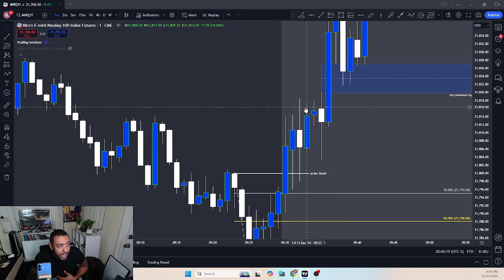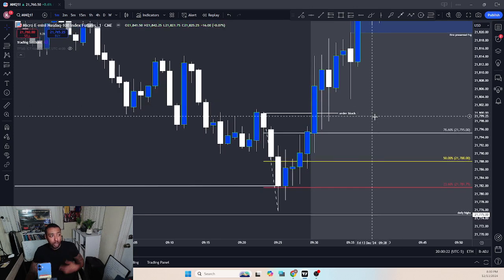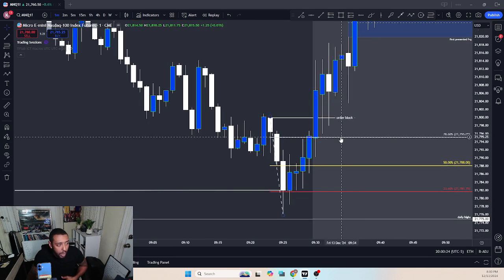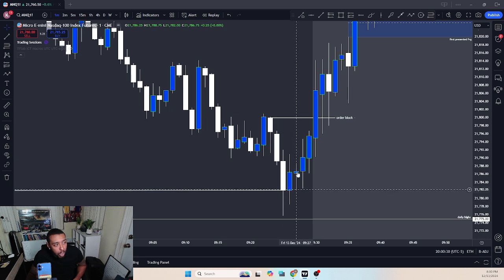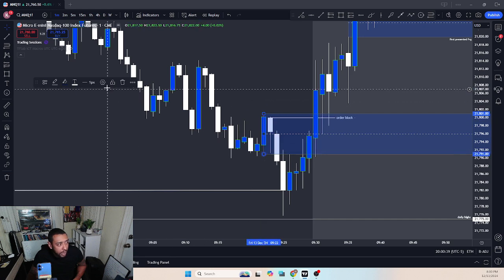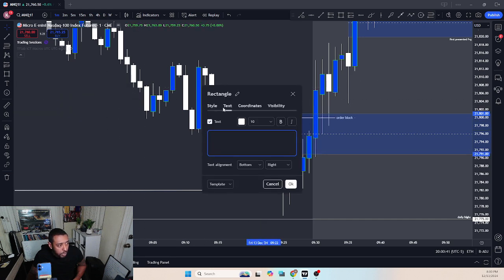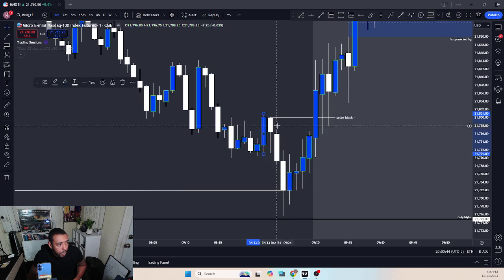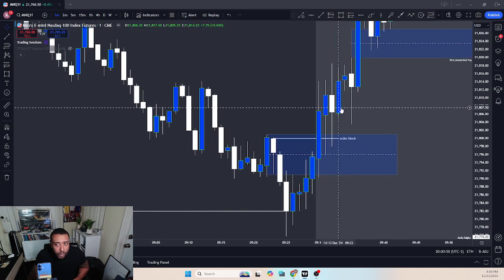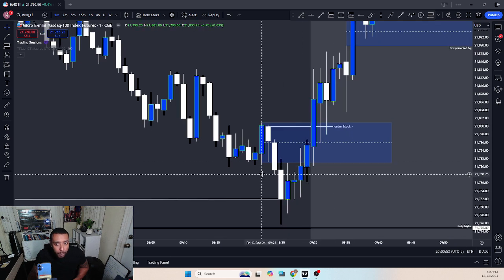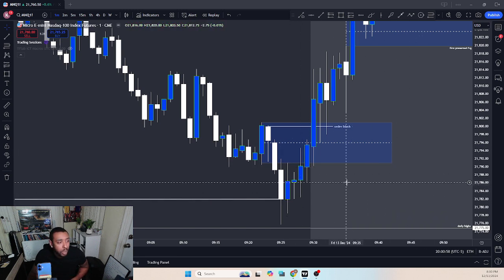Right? Displaced up. And it's coupled with a breaker. Right? Look at the breaker. This is entries. A breaker is low, high, lower low, higher high. Right? The most important part of the breaker is the top candle. So if you just extend it all the way through, you will see that after it closed above, it came in. So you have a breaker, low, high, lower low, higher high, after a sweep, which is exactly what you're looking for. And you have the order block